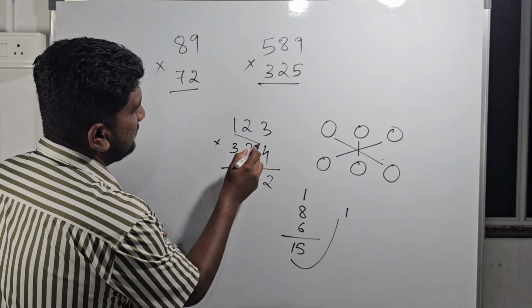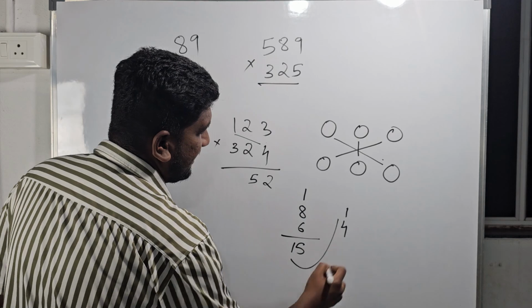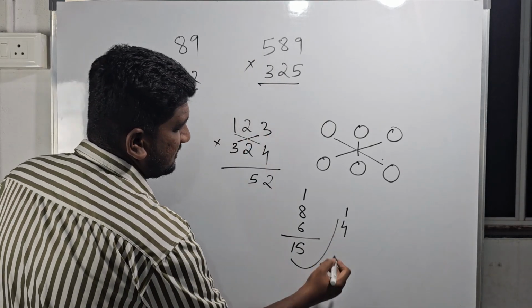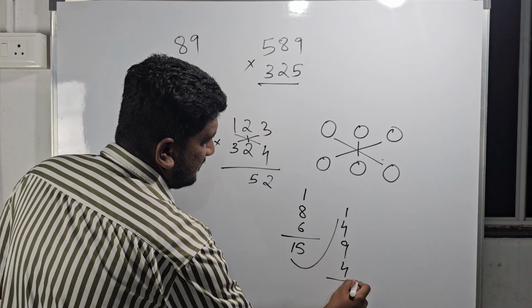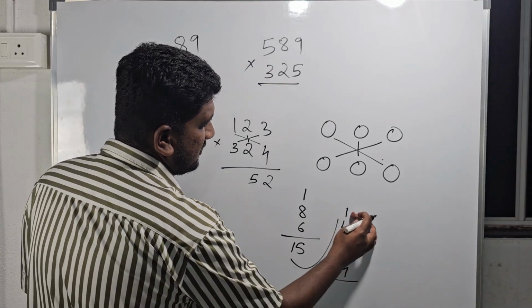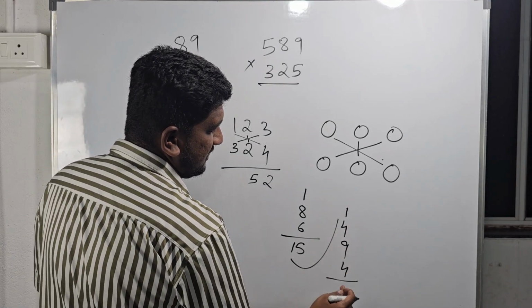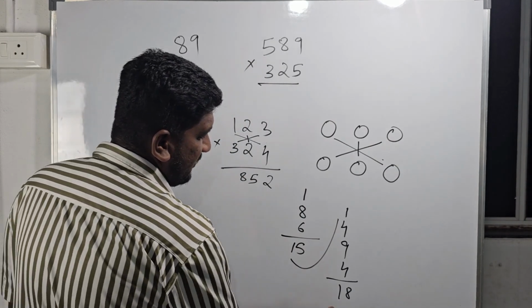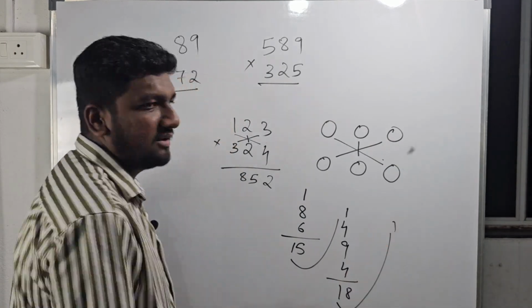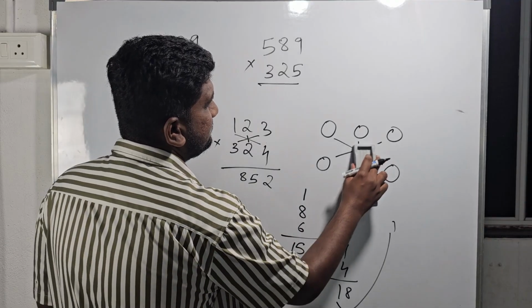So 1 times 4 is 4, I'll write here, and 3 times 3 is 9 and 2 times 2 is 4. So again we'll add all this. So 1 plus 4 is 5, plus 9 is 14, plus 4 is 18. So 8 I will write here and 1 I will carry forward. So the next step is